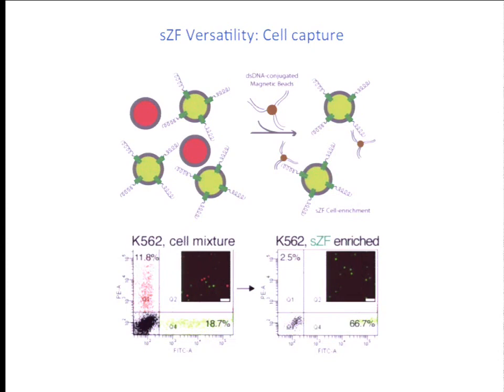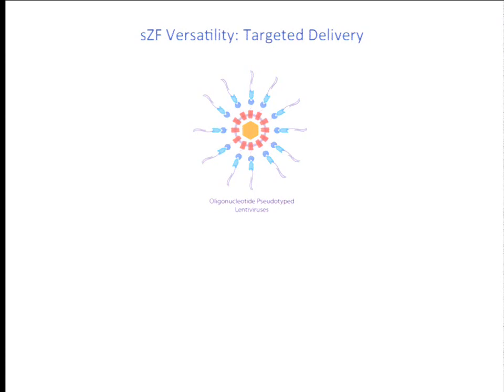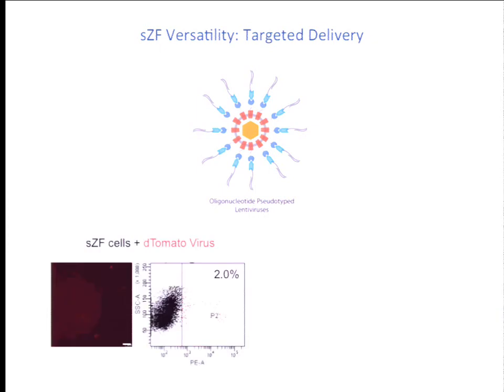Importantly, one can go beyond cell capture, and one can even start to do targeted delivery. For instance, one can take lentiviruses, which are very easy to pseudotype to bind appropriate receptors, and one can now start to make lentiviruses that are pseudotyped with double-stranded DNA molecules. And indeed, now if you take just a plain lentivirus that does not have the appropriate double-stranded DNA molecule present on it and expose it to zinc finger expressing cells, they do not infect the cells very readily.